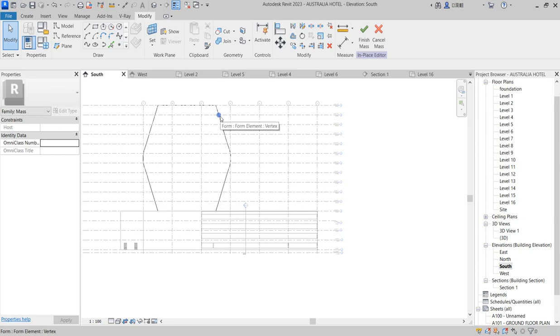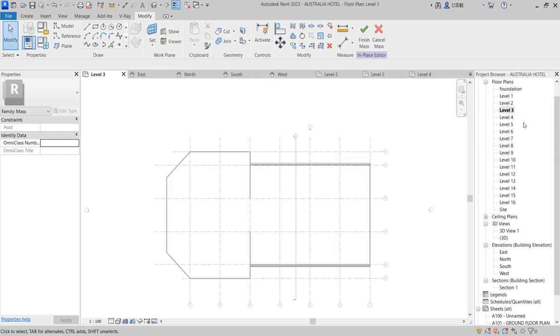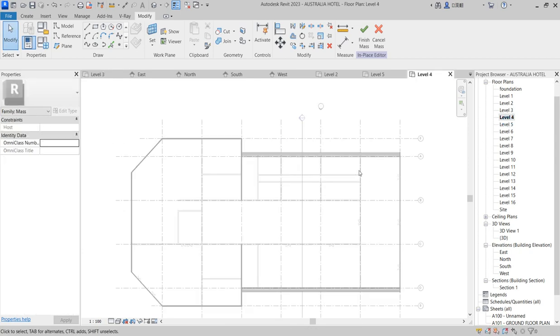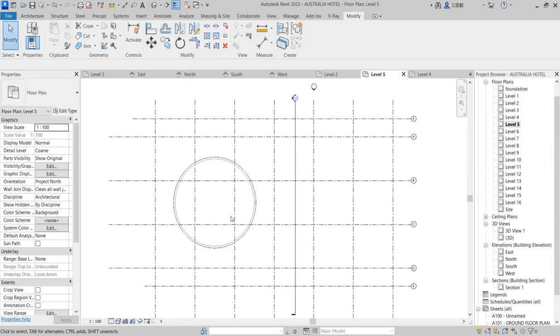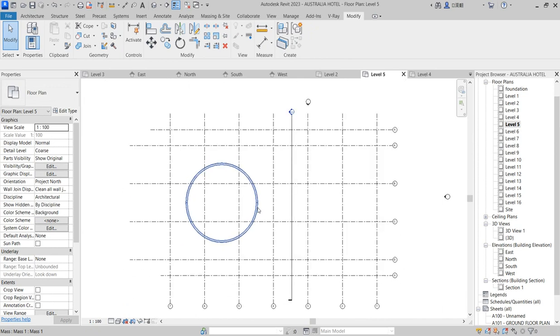So the next thing is that we want to create something that will follow this pattern. I'm not going to use masking for this one. I'm just going to use normal block wall. So what I do is that I go to elevation, floor plan. So at the floor plan, using click finish, the evidence of this I'm going to show later on. So click finish at this and then go to